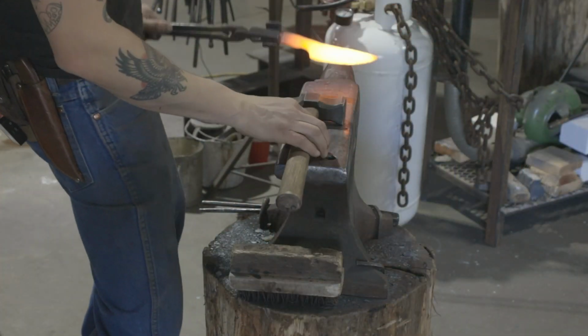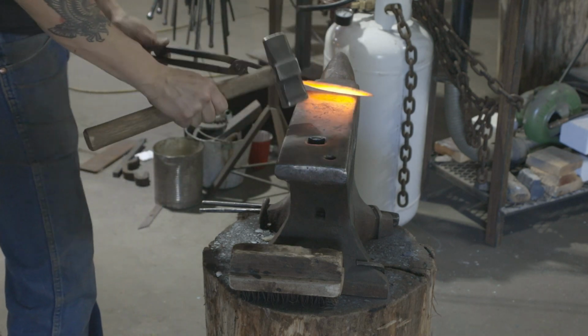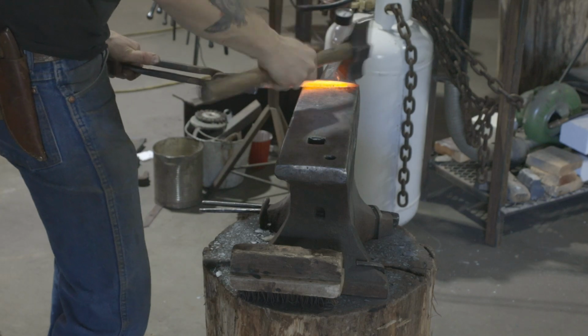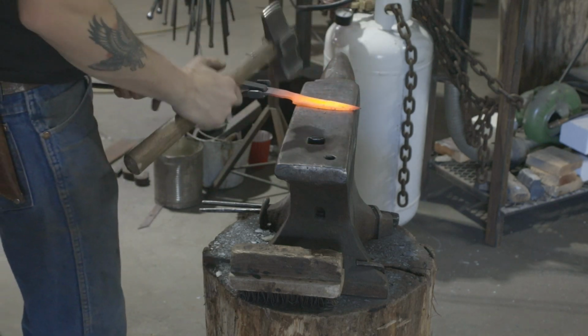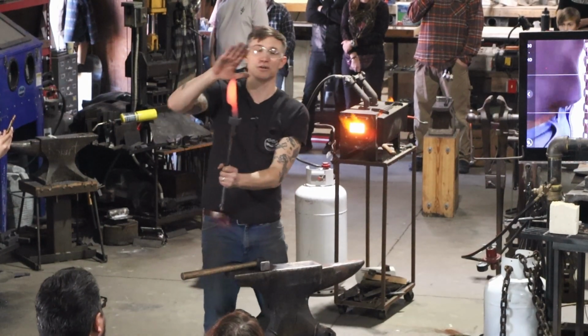So when I do my bevel, I'm going to have the spine a little bit up off the anvil. I was taught to do it right at the edge here, which is great, but generally if your hammer blows are accurate, you can do it wherever. Okay, so another thing that's going to happen when I forge the bevel in is it's going to actually curve